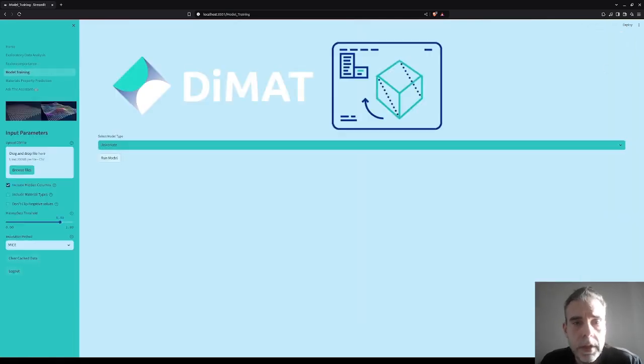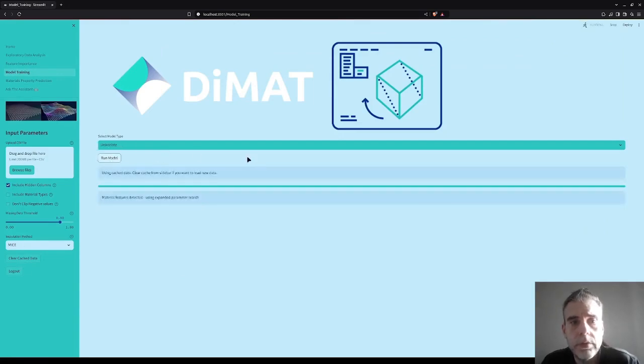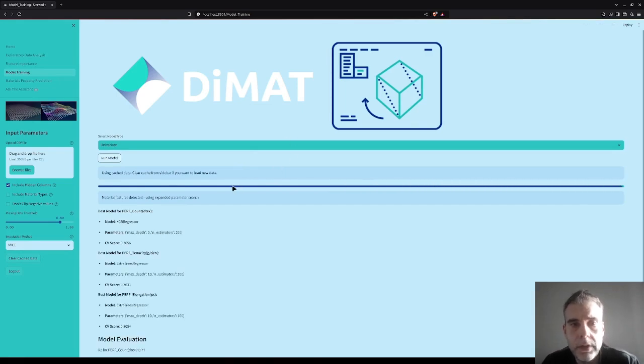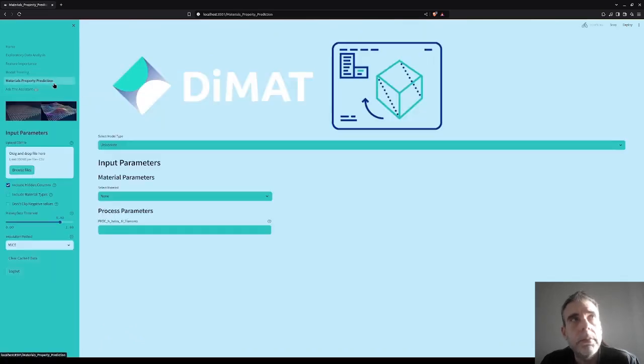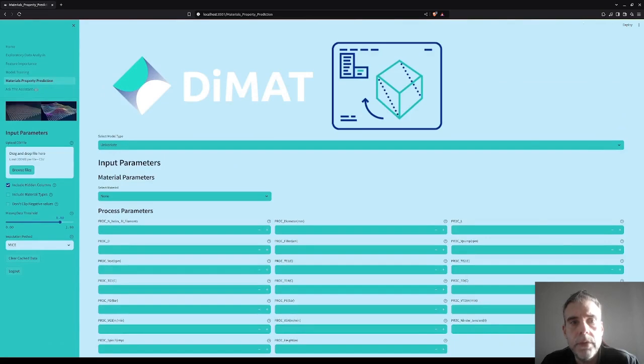Moving on, there is the actual model training. We can use either univariate or multivariate. I have selected here the univariate model, so we're training models according to the number of target parameters we have. In this particular data set, we have 3. And after obtaining the models, we can again download the model specifics,